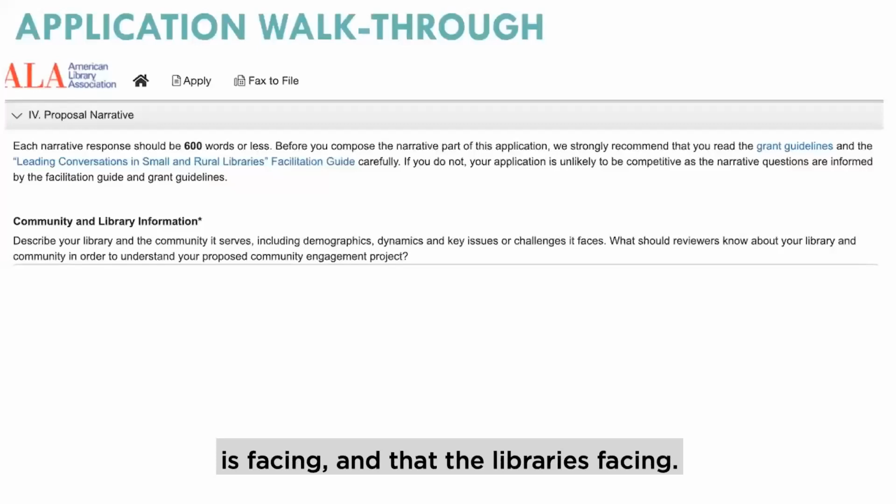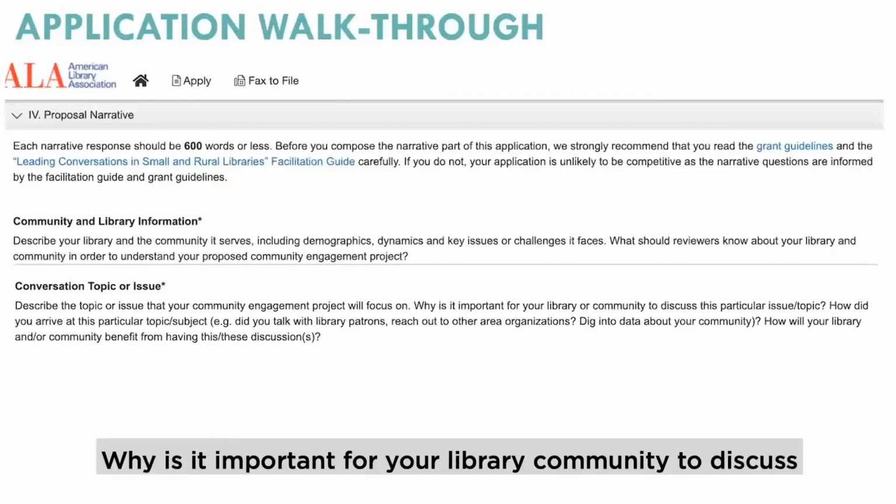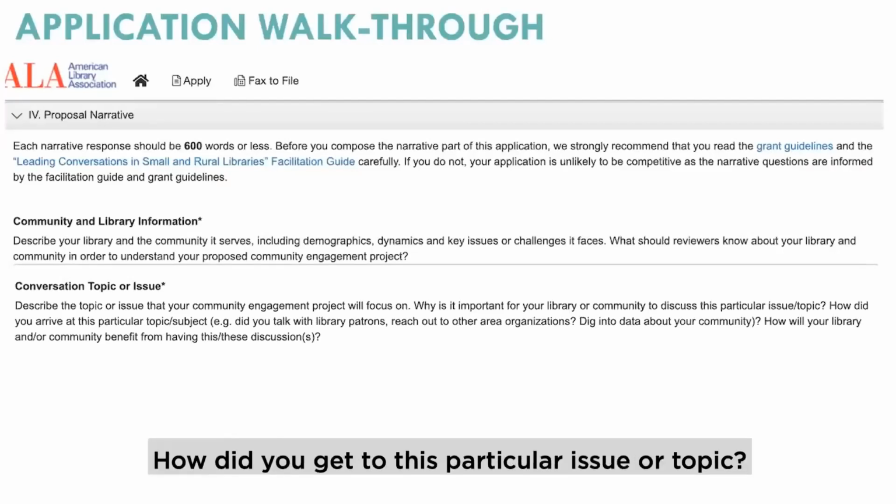is facing. In the conversation topic or issue section, please describe the topic or issue that your community engagement project will focus on. Why is it important for your library community to discuss this particular issue or topic? How did you get to this particular issue or topic?